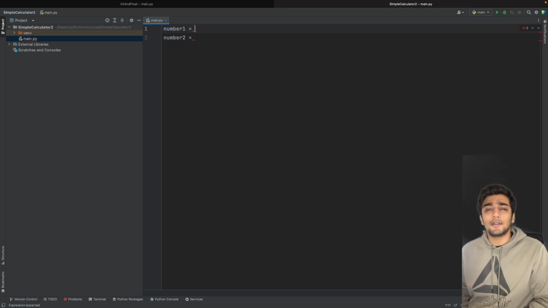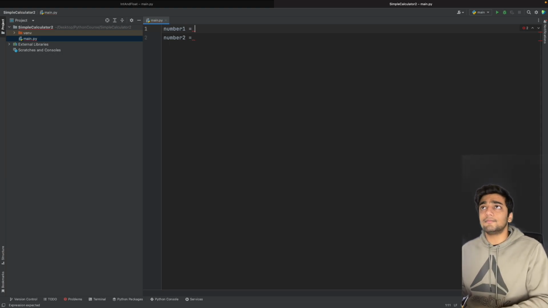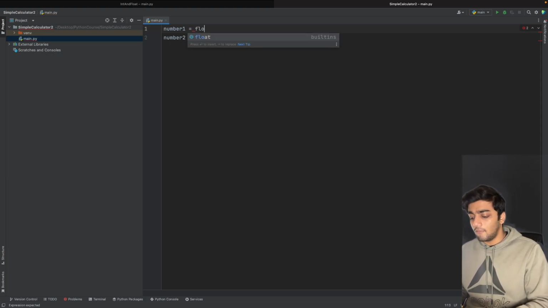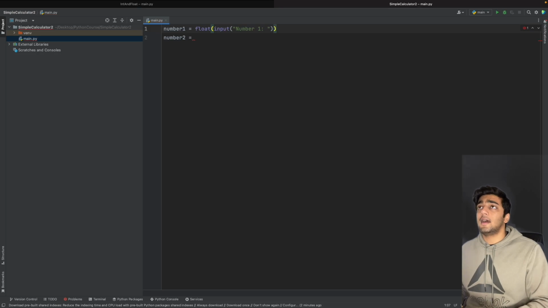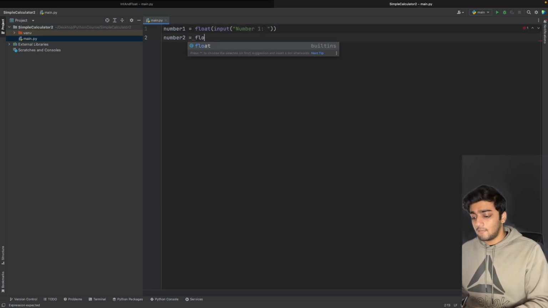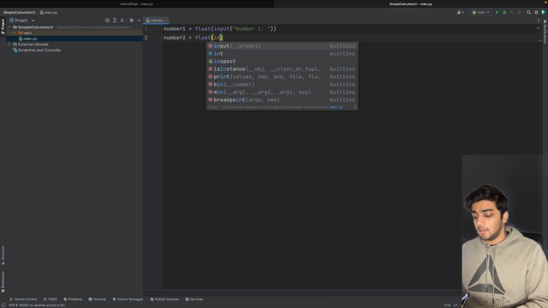So you can't work with integers in that case, or maybe something like 2.75 on 5, right? So it's better to just use the float data type in this case, so that our calculator can take up almost any value. So I'm just going to use float as the typecast, and then input, and in this case we just write number 1, and the same thing right here, float input